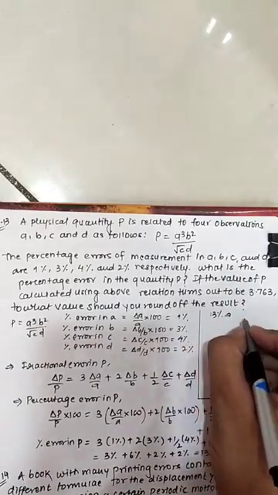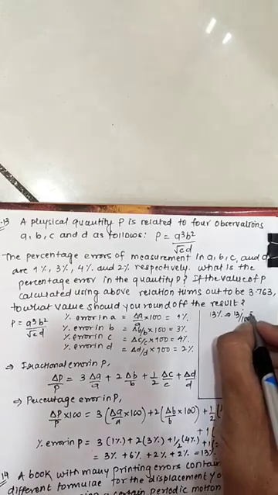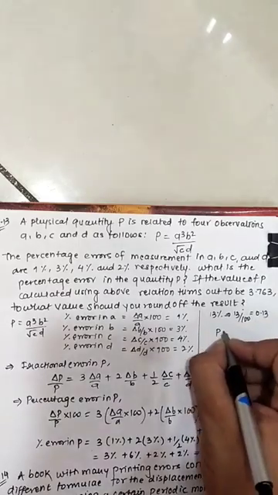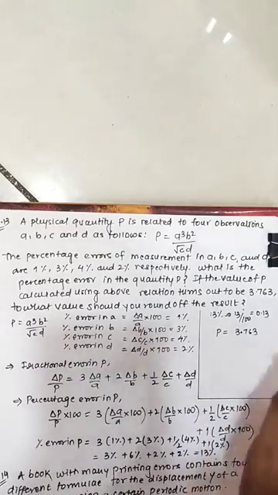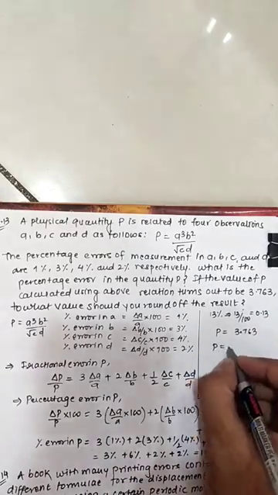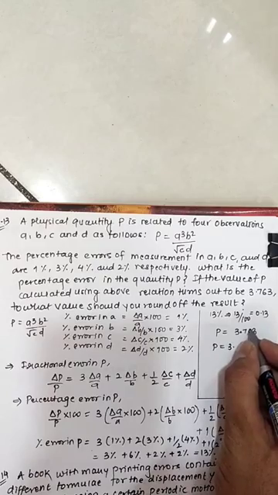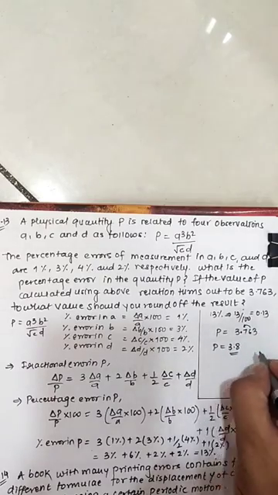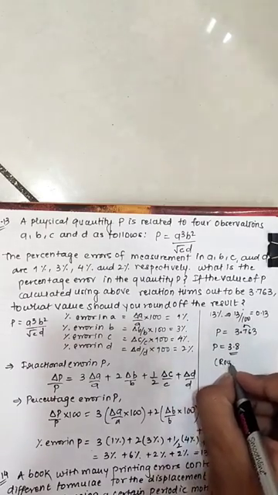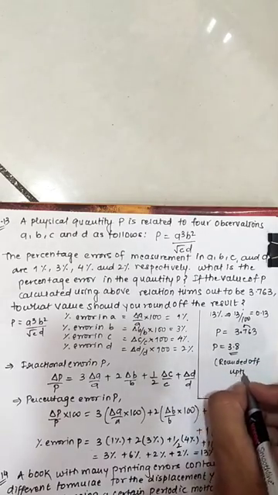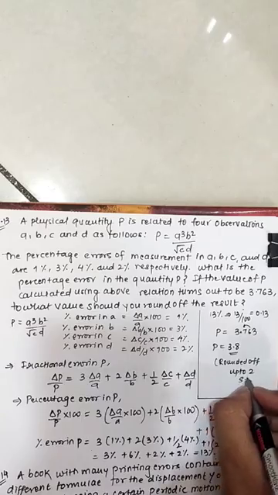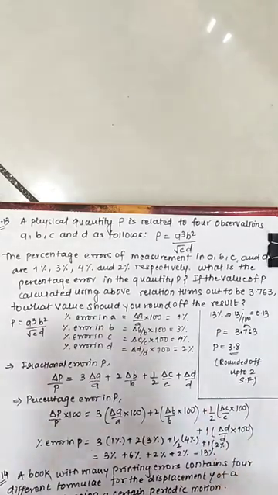So that will lead to what? 13 by 100, that is equal to 0.13. So P value measured is how much? 3.763, where I'm rounding off up to two significant figures. So P is equal to how much? 3.6, the digit after is greater than 5, so 3.8. So I can round that P is equal to 3.8, rounded off up to two significant figures. Till this clear?